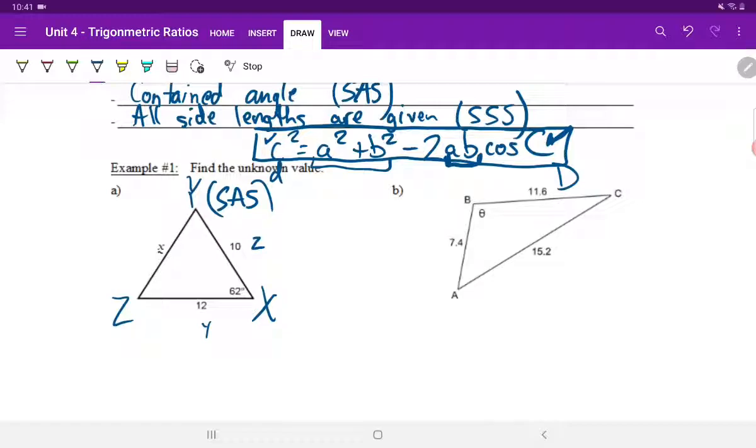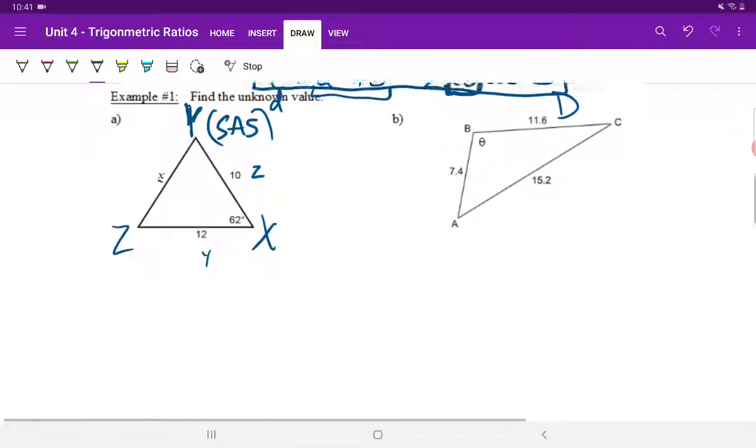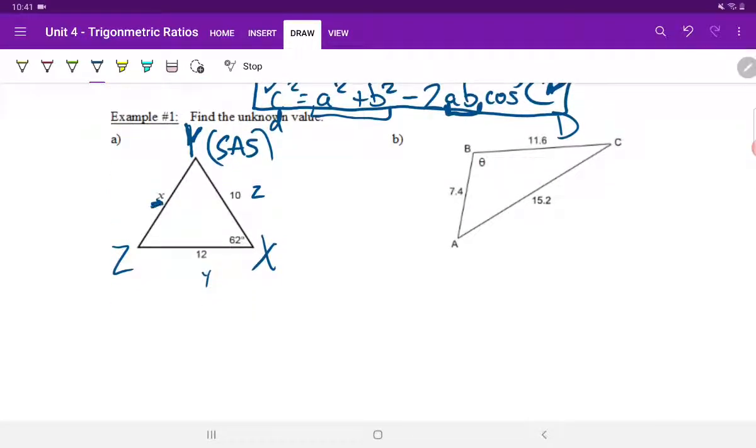All right, I purposely use different letters here from A, B, and C so that we can see how to handle a situation like that. So we are solving for side length C, correct? So I'm going to put side length X. So instead of putting C squared on the left, I'm going to put X squared because that's what I'm solving for. Then I'm going to put my other two variables here,